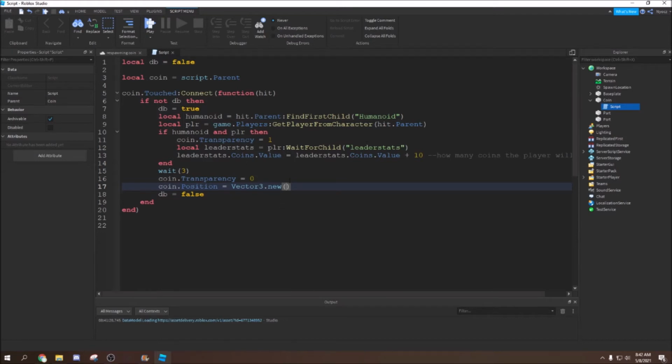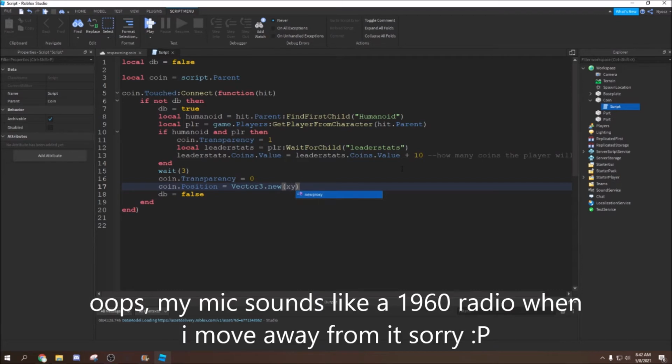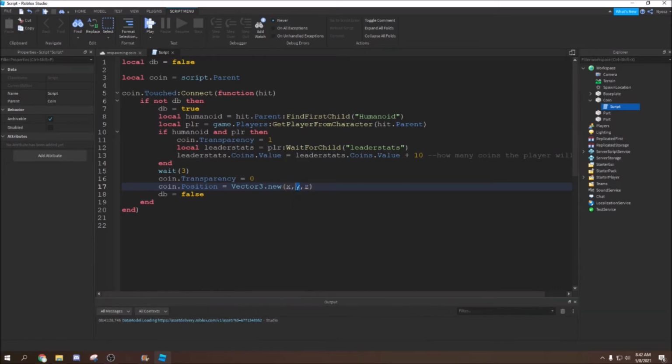But anyways, in here we can type three variables. So we have x, y, and z. We already figured out the y, which was 1.474. But the x and z are going to be random, because x is how far left and right it can be, and z is how far forth and back it can be. So for the x, if you want to do random numbers, you're going to want to type